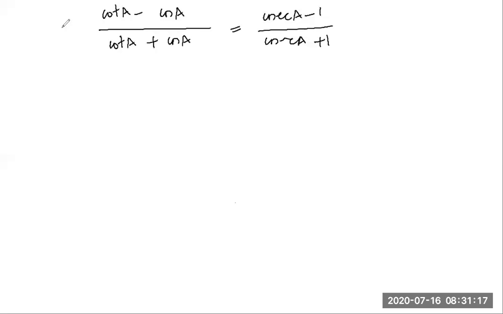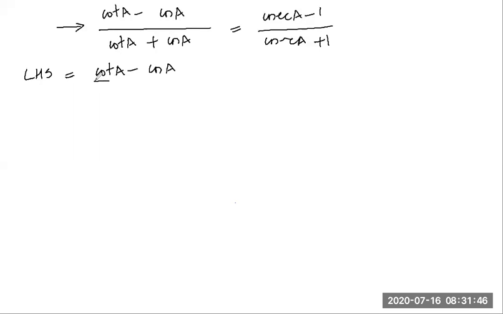Alright students, let's try to prove (cot A minus cos A) divided by (cot A plus cos A) is equal to (cosecant A minus 1) divided by (cosecant A plus 1). Students, you will be able to benefit from the video if you pause it at regular intervals and do the sums simultaneously as explained. So the left hand side is equal to, let me write the complete left hand side,